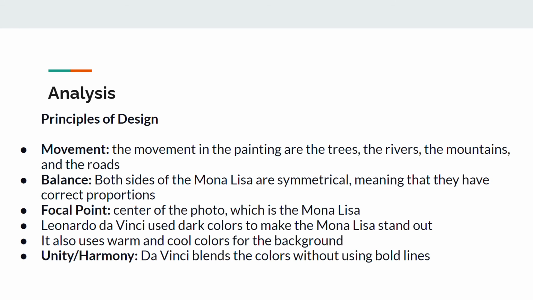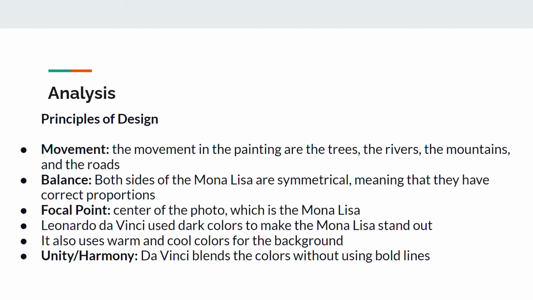So some principles of design that were used were movement. The movement in the painting is the trees, the rivers, the mountains, and the roads. Basically, what's behind the Mona Lisa is an example of movement. Now, the Mona Lisa does have balance, in which, if you look at it, it's symmetrical, which means they have correct proportions. The focal point is basically Mona Lisa in the center of the picture, which makes it have the balance